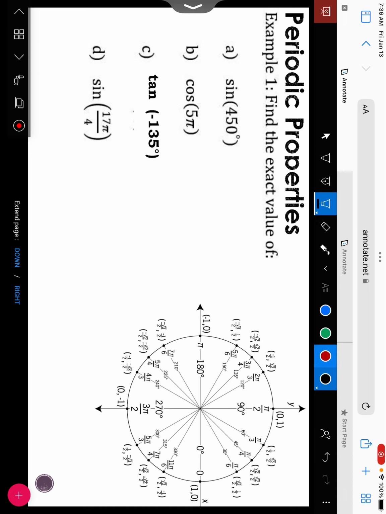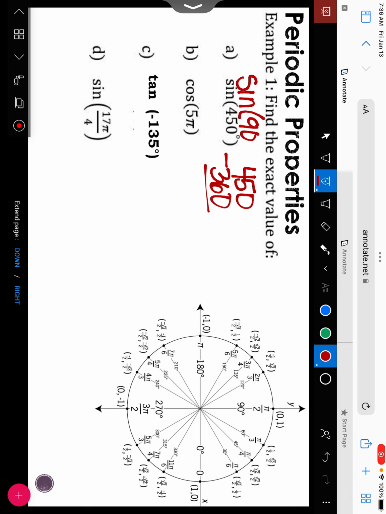So if you take 450 and subtract from that 360, what do you get? You get 90 degrees. So the sine of 450 is the same as asking what is the sine of 90